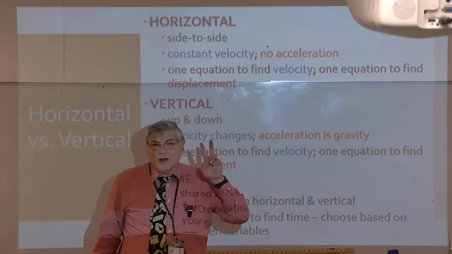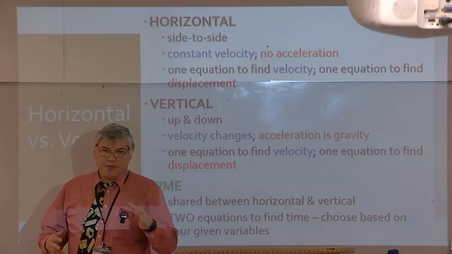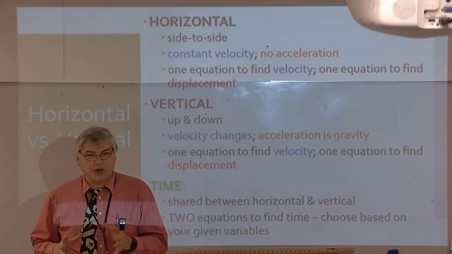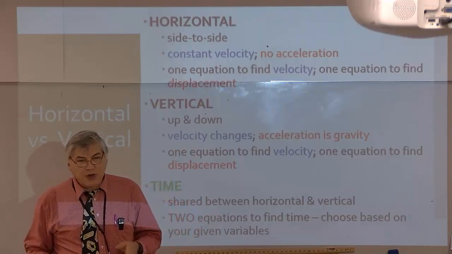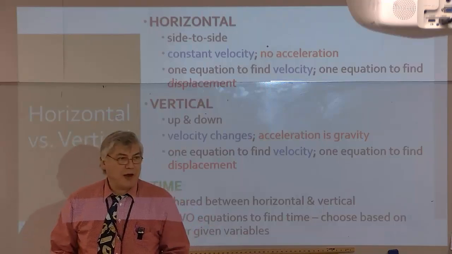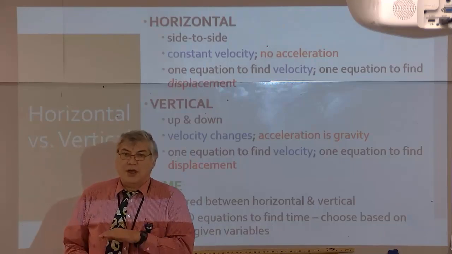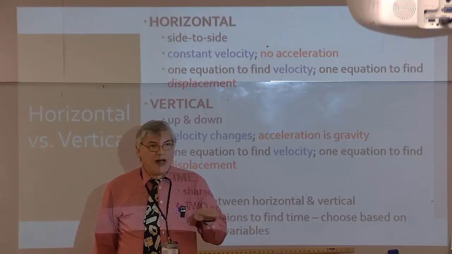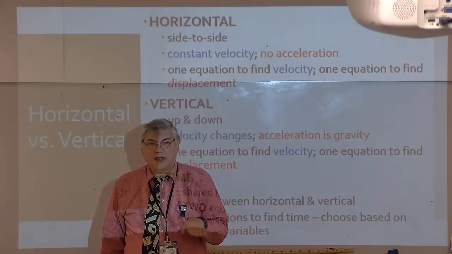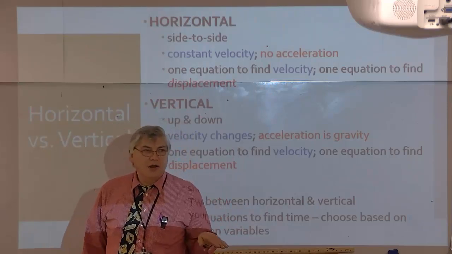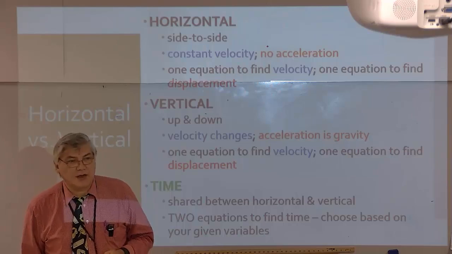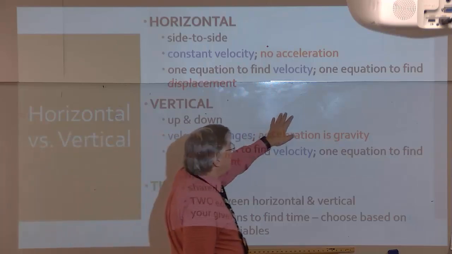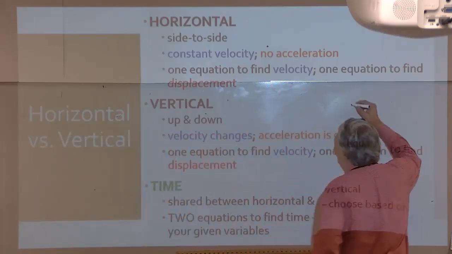A projectile, we can break its motion into two different categories, horizontal motion and vertical motion. The horizontal motion is side to side, and the horizontal motion is unaffected by gravity, which means whatever horizontal velocity the object has, it has it throughout its entire time in the air. Okay? It's constant velocity. And there's only one equation that we need for that, and that is